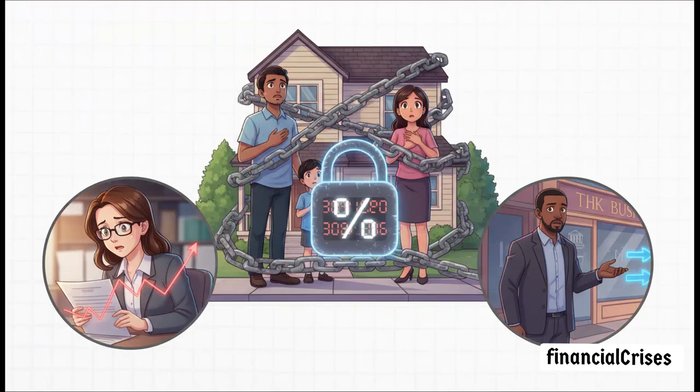All right, so who gets hit the hardest? Without a doubt, the group that is most impacted is home loan borrowers. Why? Well, because the loan amounts are just so huge and the repayment periods are incredibly long. But the most crucial factor here is the type of interest rate you have. If you have a floating interest rate loan, and that means your rate can literally flow up or down with the market, you are going to feel the impact almost immediately. And of course, businesses that rely on loans and credit to operate are also heavily affected.